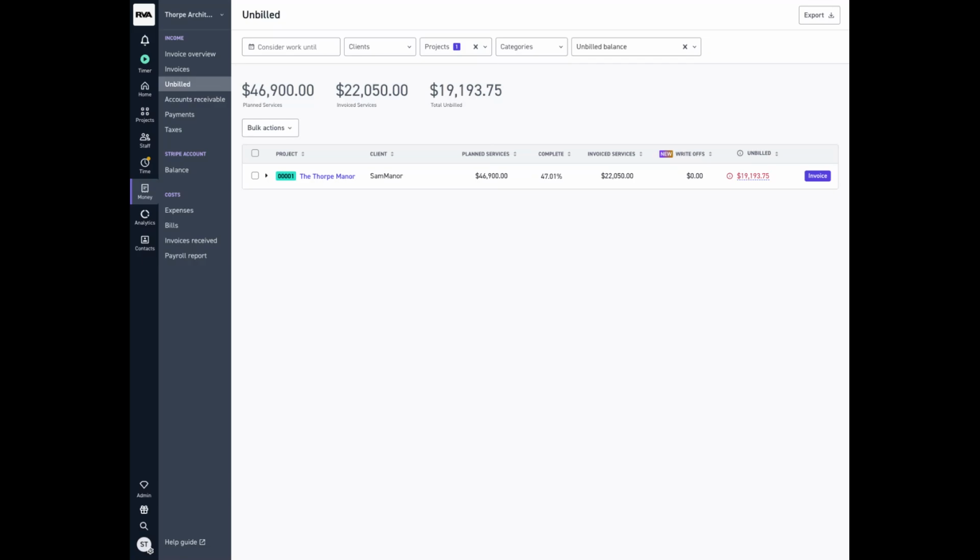Pleased to share the latest Monograph update to support the writing off of unbilled time. This feature will allow you to edit the billable time that your firm will not be invoicing to your clients for whatever reason. The first change I'd like to highlight with this update is a major change to our unbilled